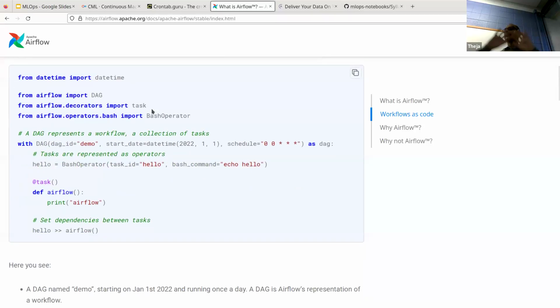So I said this is a pretty complex beast. It can run on multiple machines and all that. But at the end of the day, you have to specify your workflow, your pipeline, right? So that happens in a simple Python file. And this is an example of a workflow where you are pretty much describing a DAG, okay? A DAG with some ID and some start date and what is the schedule. This should be familiar. This is exactly like the cron type of definition of when to schedule, when to run. So it's every 0th minute of every 0th hour. So basically in a 24-hour period at midnight, run something. And what is that something? Here are the tasks, the nodes of your diagram.